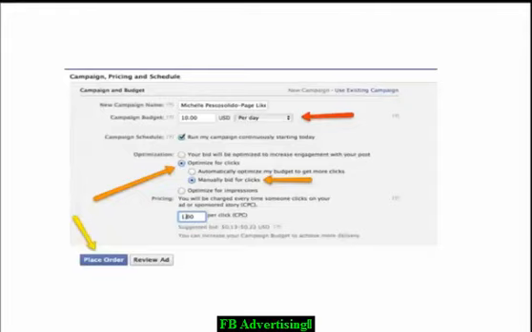So the first thing that's going to happen is you're going to get the campaign name here. If you don't like that, you can add a new one, but they'll give you something default. The campaign budget, you need to decide what you're going to spend a day. And I want to highly recommend, if you're starting out with an ad and you're new to marketing, put yourself